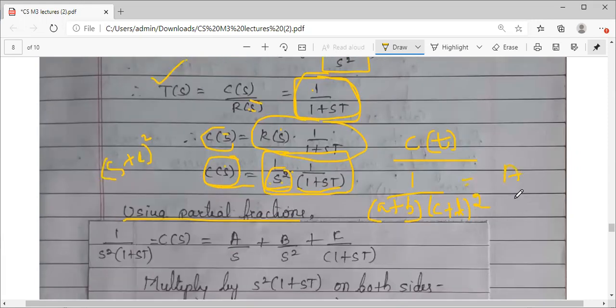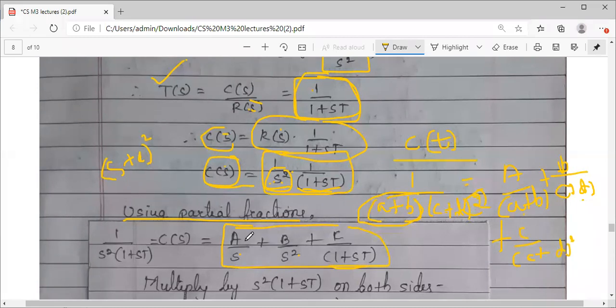You take A divided by one bracket, A divided by A plus B. You cover that factor, and as this is a square, you go for B divided by the same bracket, and you take one more, C divided by the bracket squared. If you come across any square term in the factors, you take it 2 times. That's what I have done here in the partial fractions. It is S square, so the first time I have taken S and the next time S square. And the next factor is as it is.